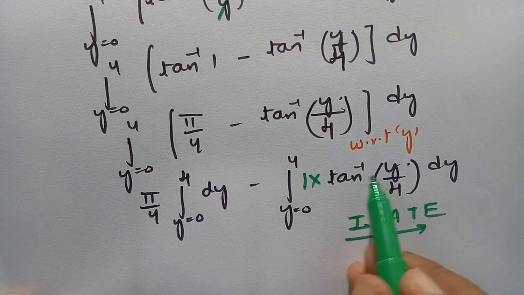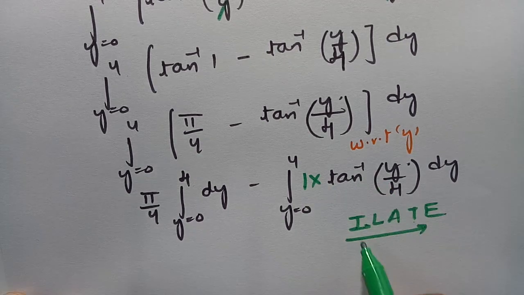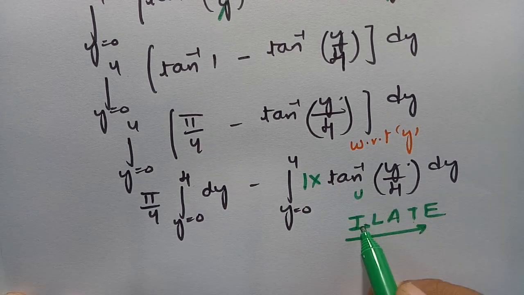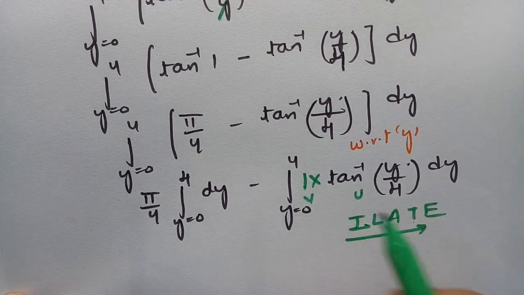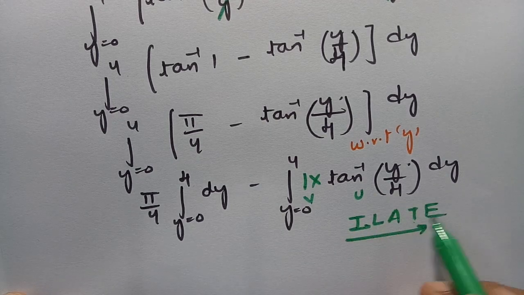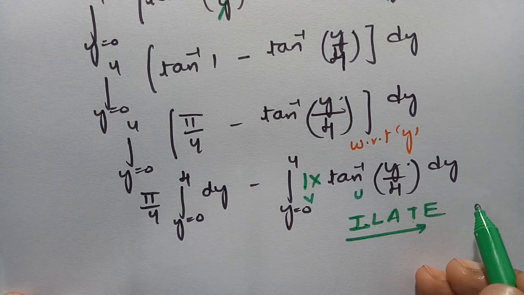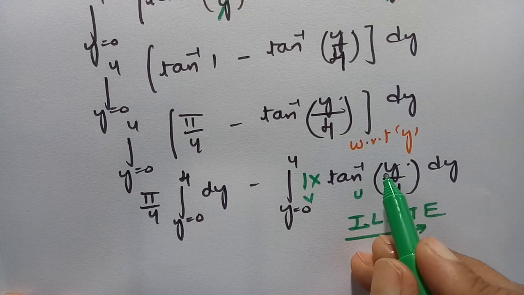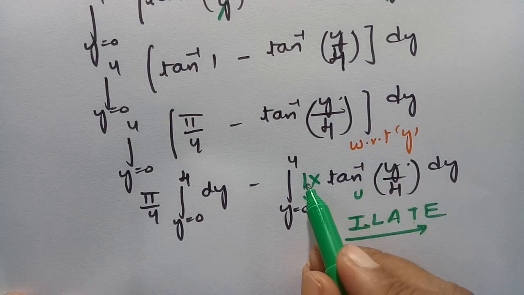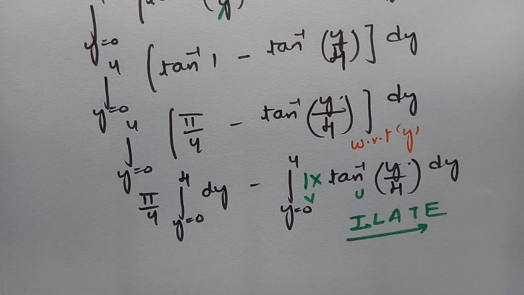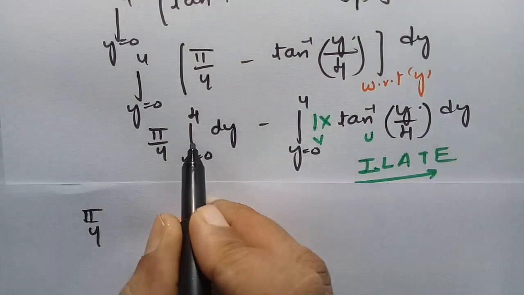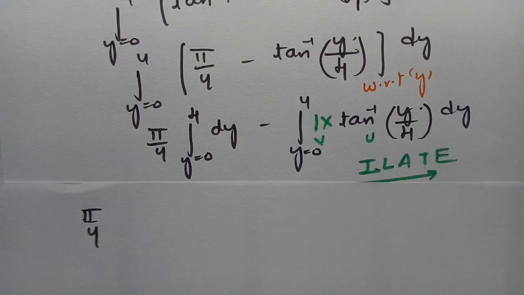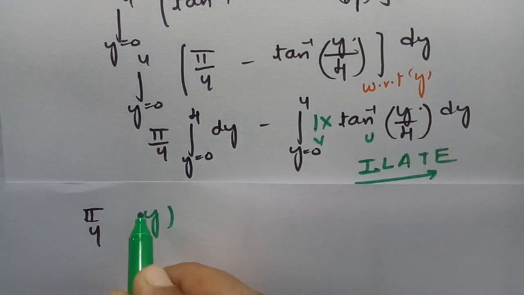So first of all, when you see an inverse trigonometric function, I have to name it as u. And later, here is an algebraic function, so I have to give it as v. So this is the order we have to follow in integration by parts. So inverse trigonometric function is my first function and the second one is the algebraic function. So let's get started to solve this. So in order to solve this, see here, this is pi by 4 times the integral of dy, which is nothing but y.